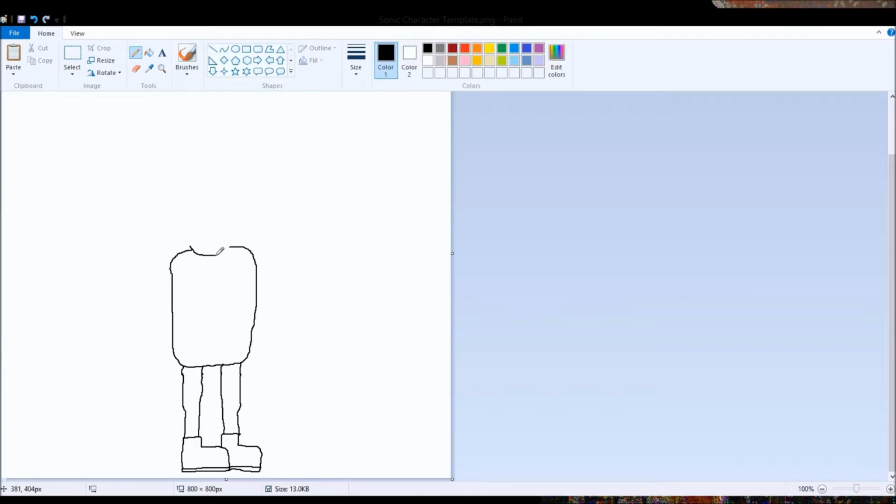Okay, head. This is gonna be a bit interesting. So I'm just gonna pull up another image for reference that you cannot see, just so that everybody knows that I am looking at something, and that's why nothing's happening on the screen. All right. Okay, I see what I'm looking at, and I think I know how to do it. So the standard Sonic position of having a head on a body is actually not good with what I'm trying to do here. So instead, I'm going to have a head that's almost merged with a body. Or at least there is a neck, but you can't see the neck because of